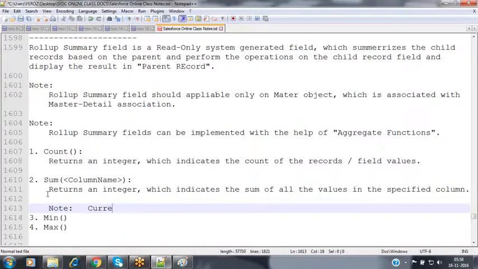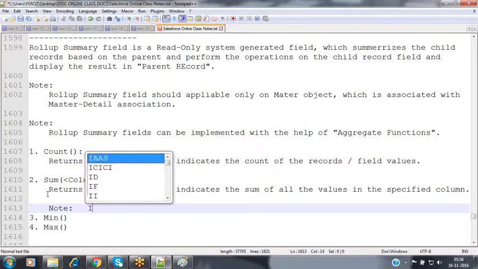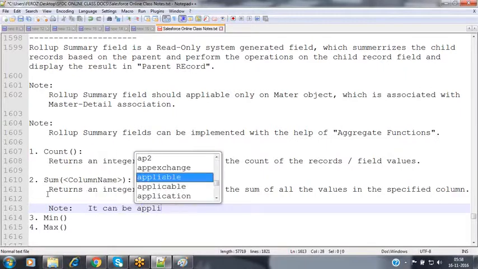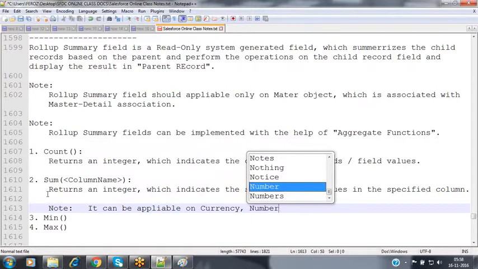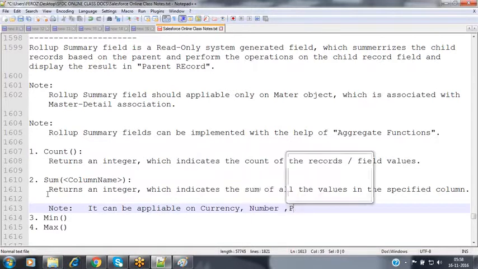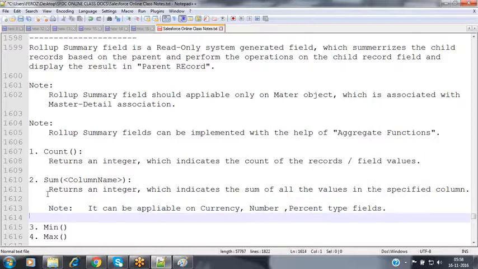It is applicable on currency type fields, number type fields, and percent type fields. We can get the currency values, nothing but the amount values of all the child records, and then calculate the sum.